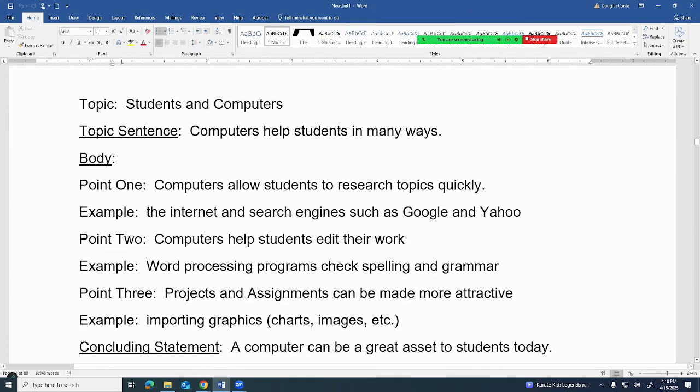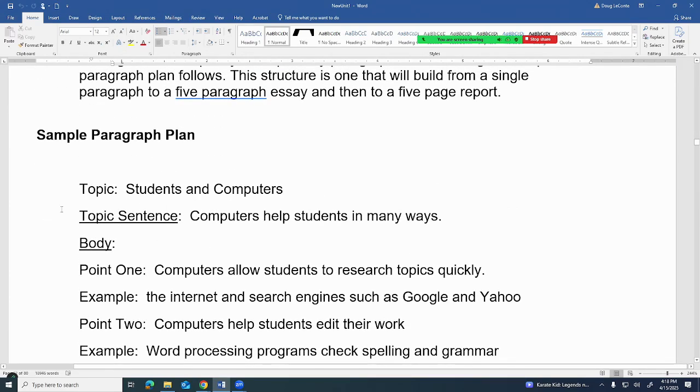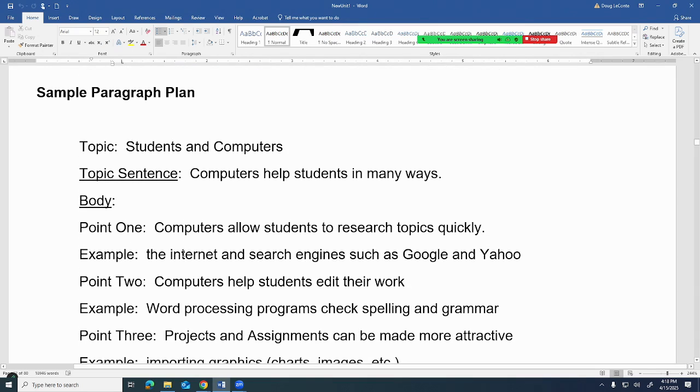So the topic we're going to discuss is students and computers. So we come up with this topic sentence. This is what our paragraph is going to be about. Computers help students in many ways. And then